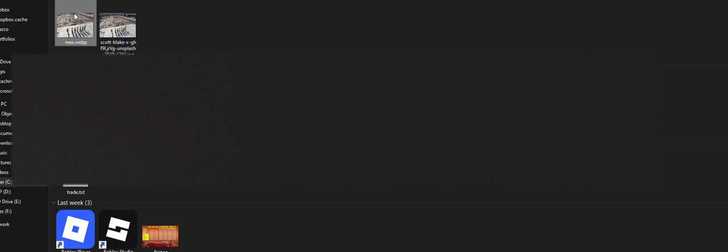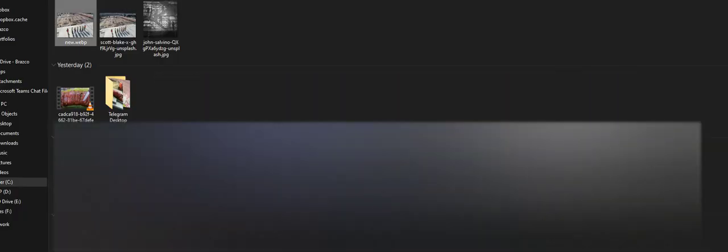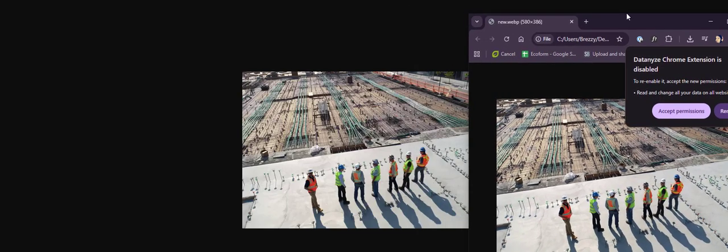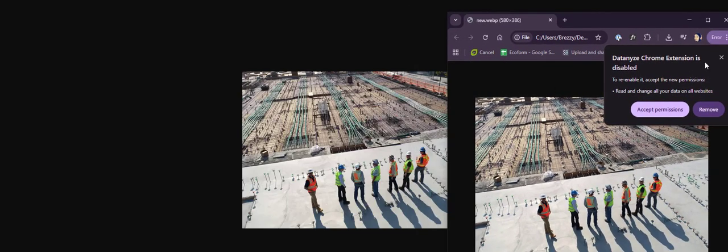Let's compare the two. So this one is the 300 KB and this is the 59 KB.